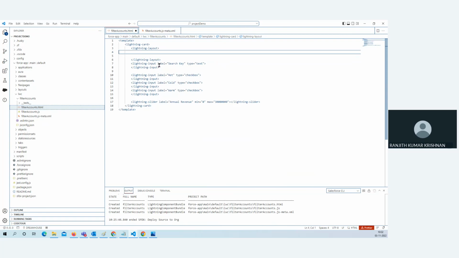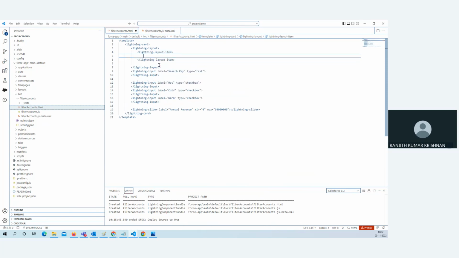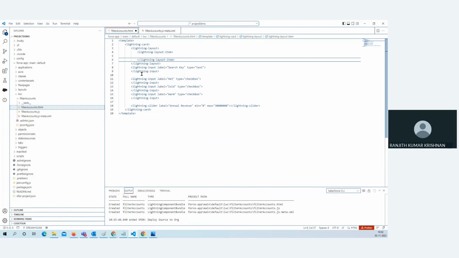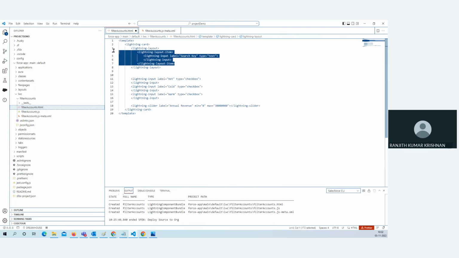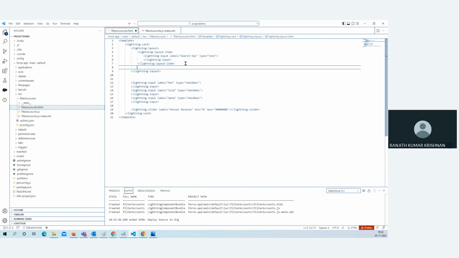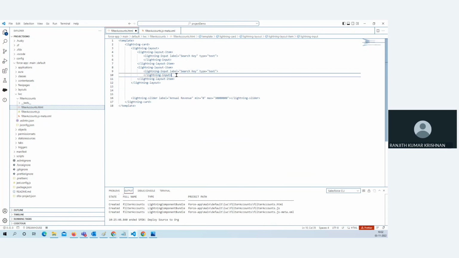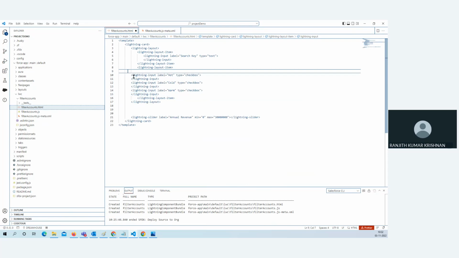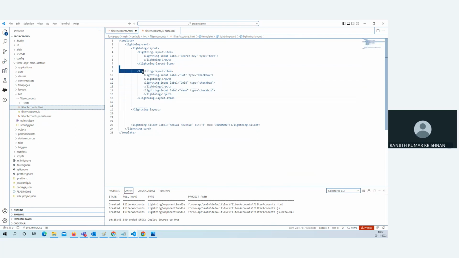Right, and then what is the style for layout? Layout item. So just put this here. Okay, and then I'm going to use another layout item. All these inside. One more layout item for